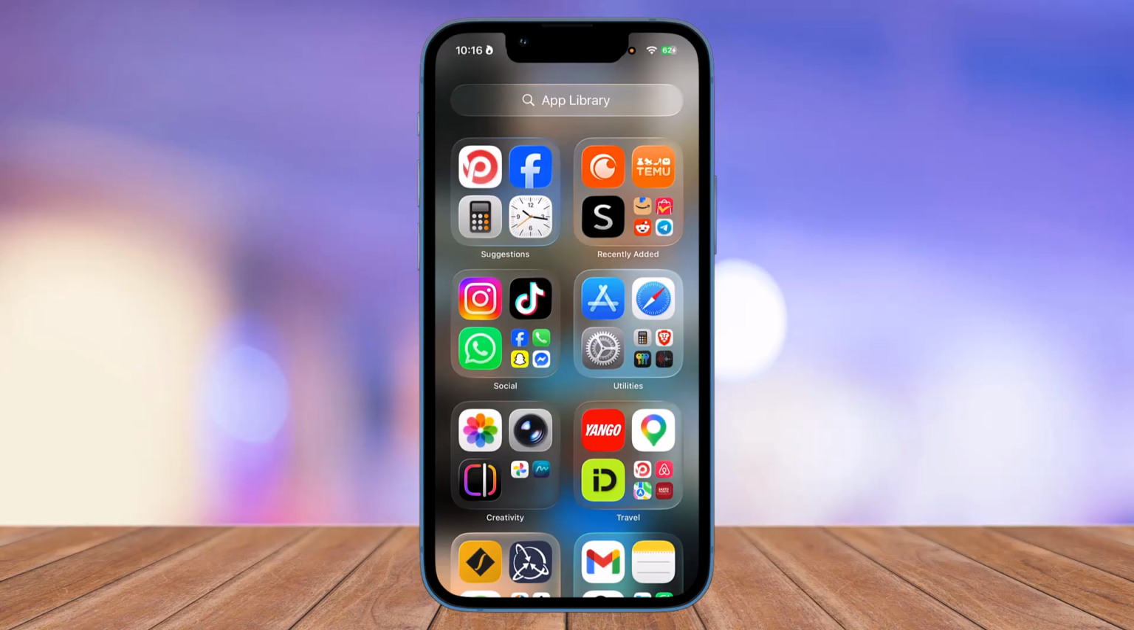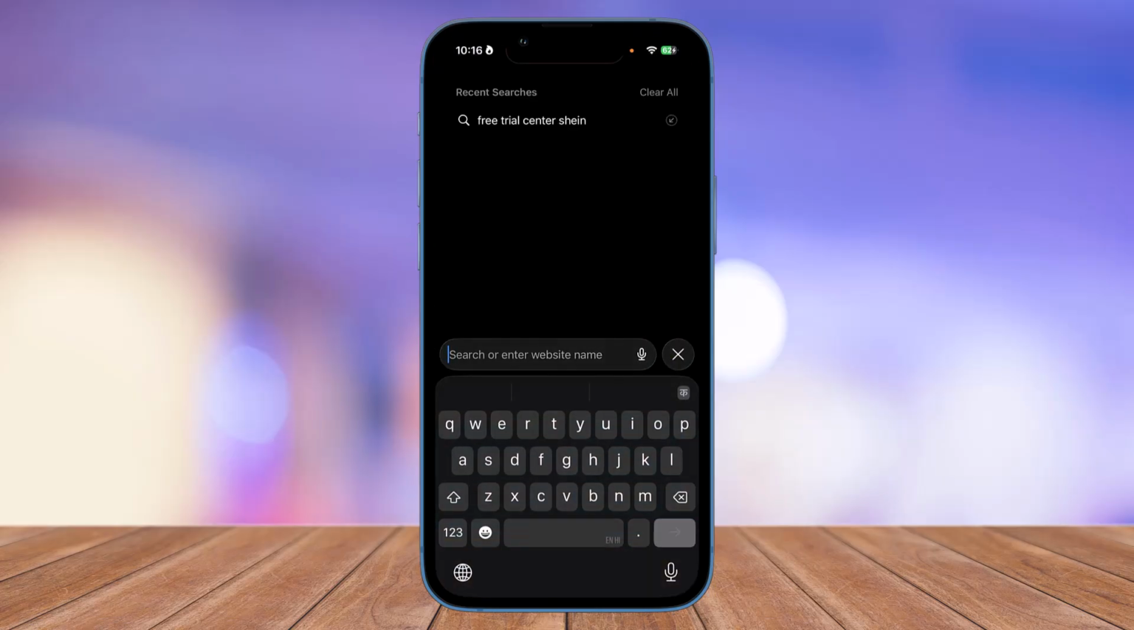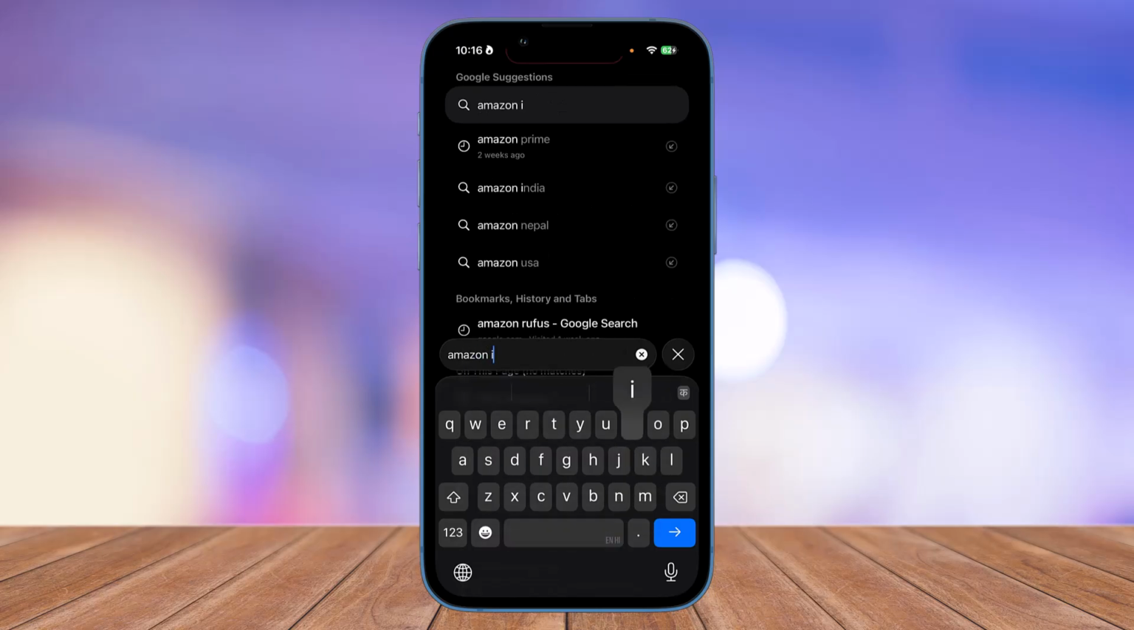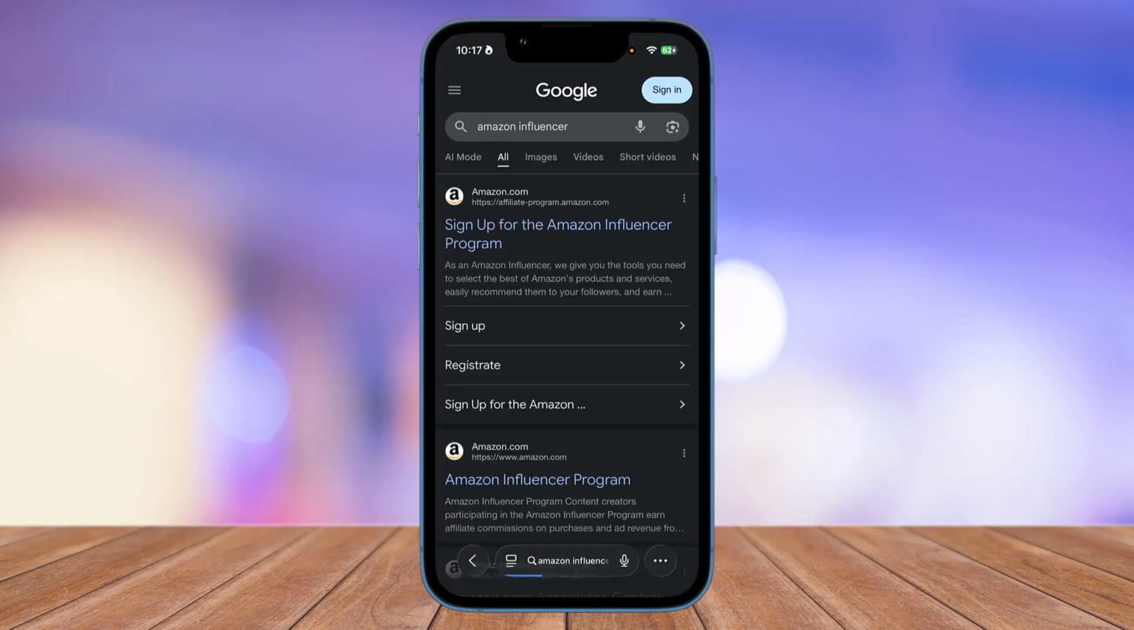So setting up your Amazon Storefront as an influencer involves using the Creator Hub to curate lists, post shoppable videos, and earn commissions. But in order to do that, you want to open any browser that you prefer using. And here, what you want to look for is Amazon Influencer Program. Just like that. Now, what you want to do is click on the first link, which says